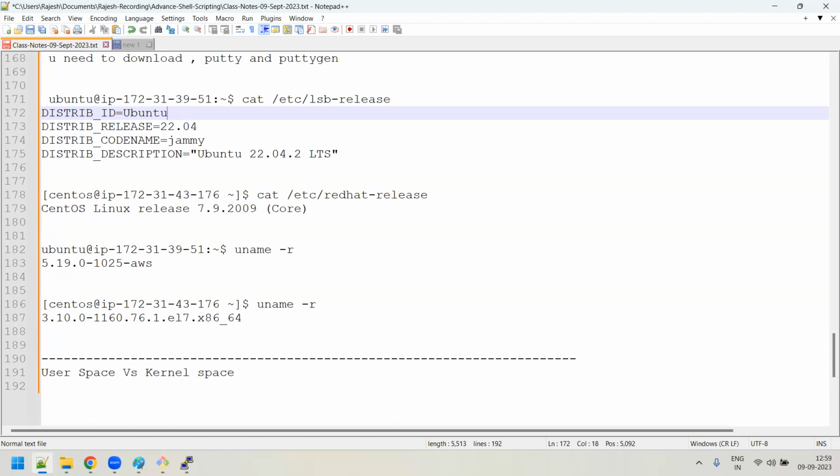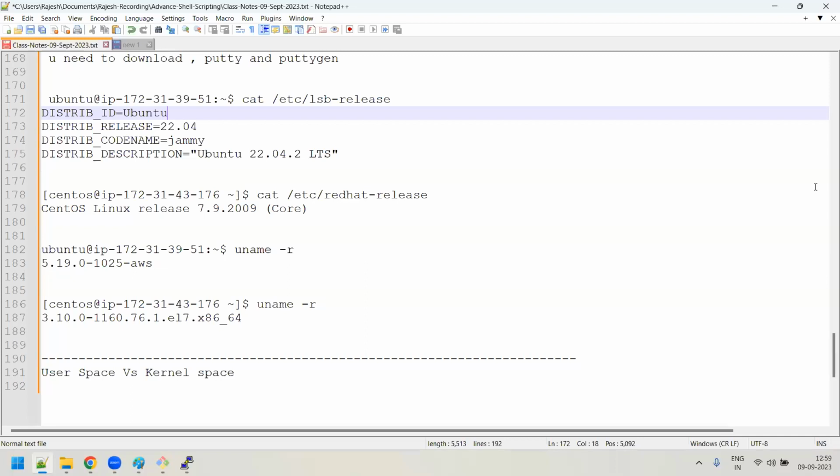Similarly, you have yum update in Red Hat or CentOS. If you run yum update, suppose you're having 3.1 and the existing one is 6.5, it will try to download 6.5 and install it. So to upgrade the kernel version, we need to give the command yum upgrade, right? Yeah, yum upgrade.